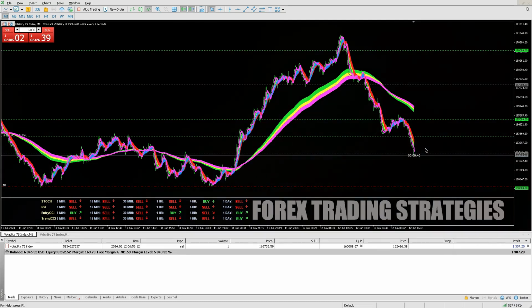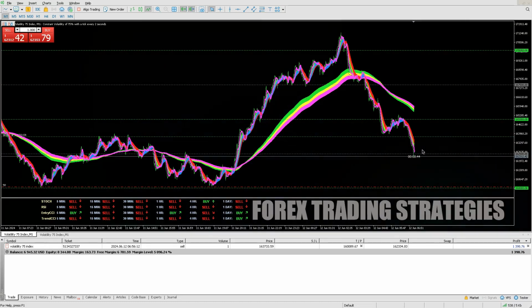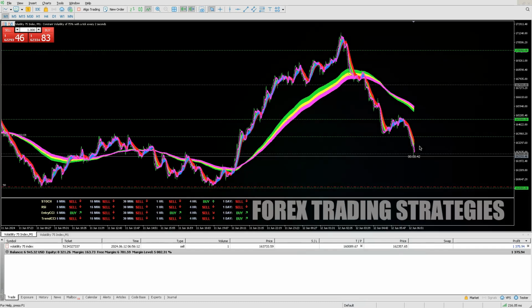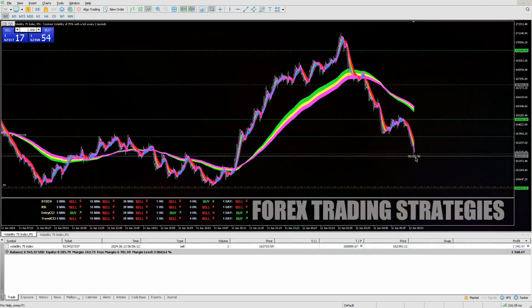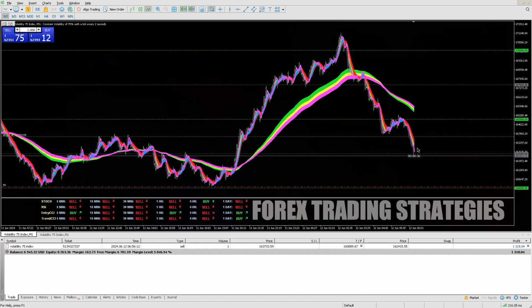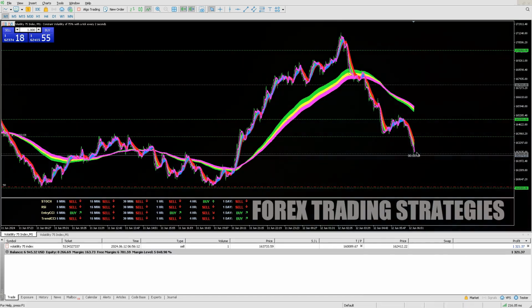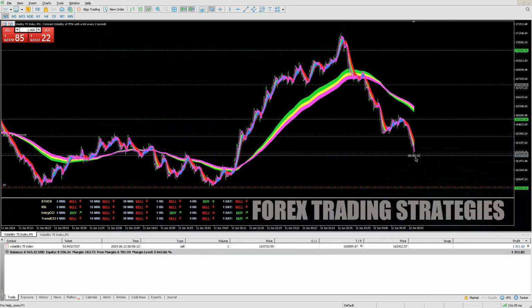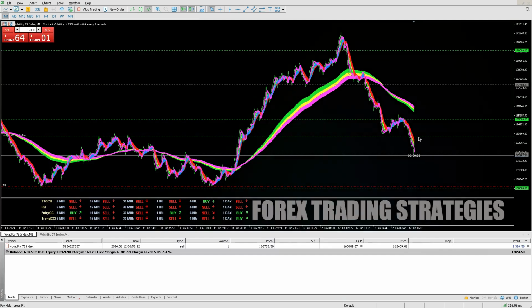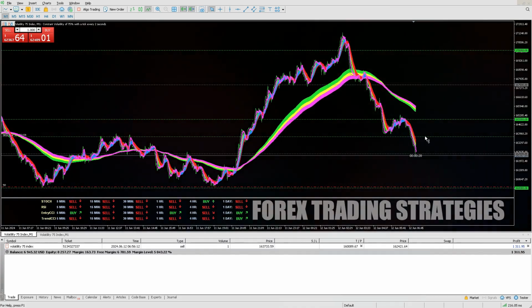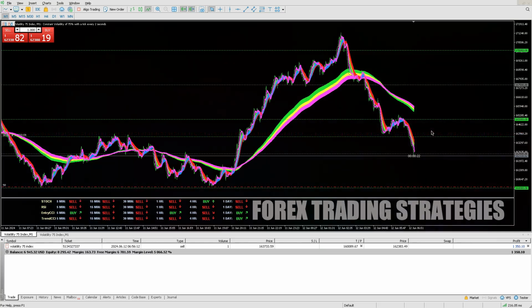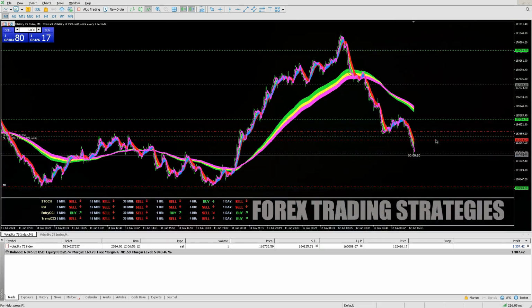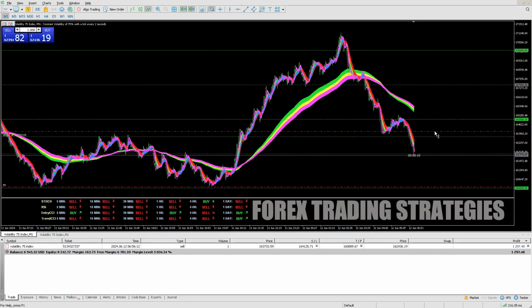That's why I always recommend if you can enter with a good lot size here, and after it has moved a certain distance, you close portions of your trade, and you just leave a small portion. Let me just do a stop, a break even there,